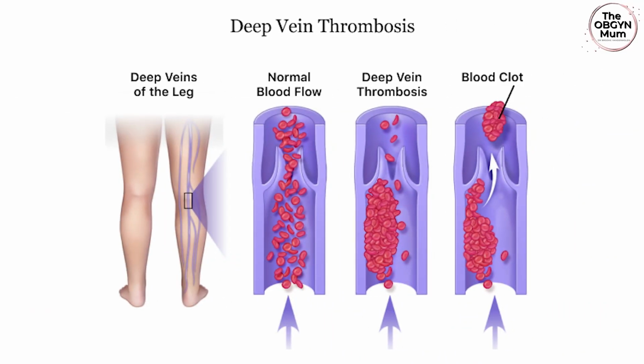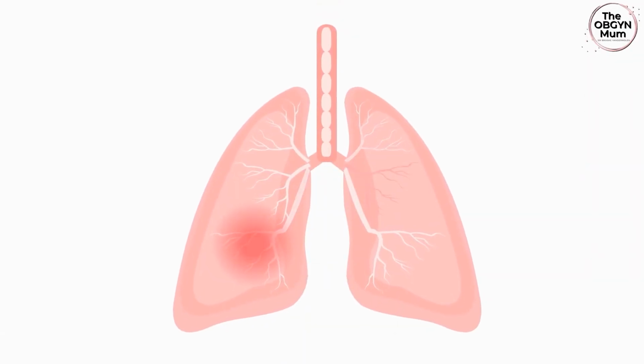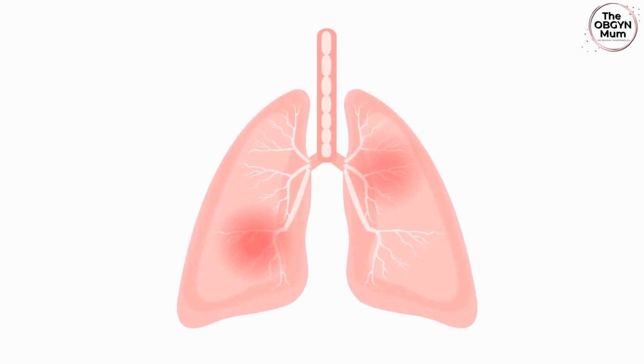Now, there's a small risk of getting blood clots in your legs or in the pelvis after any operation, and the longer your operation, the higher that risk is. These clots, if they occur, can travel to the lungs, causing a pulmonary embolism, and that can be serious. But you can reduce the risk of getting these blood clots by being as mobile as you can early